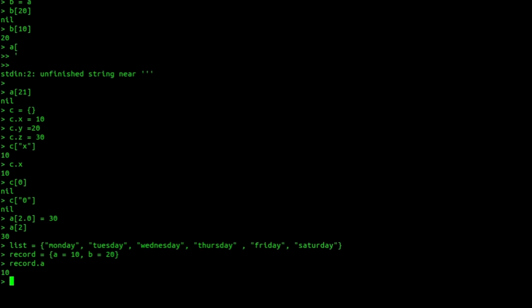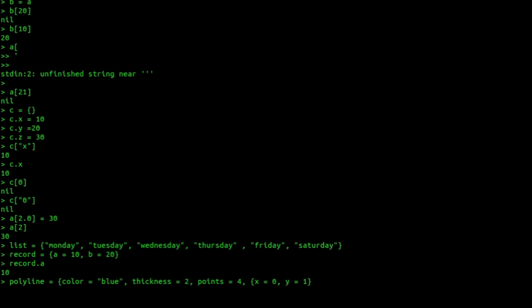Now one more point I want to discuss here is that we can mix the record style and the list style which we discussed here. To give you an example, let's say I have a polyline table where I say color is blue. Just an example, I say thickness is 2, and then I say points equal to 4, and then I say x equal to 0 and y equal to 1, and I close.